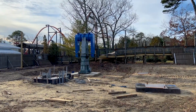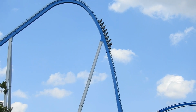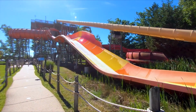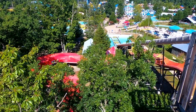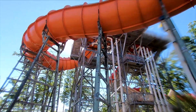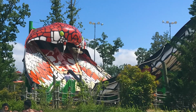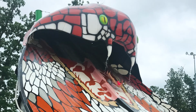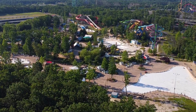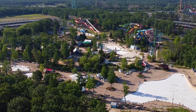The 50th anniversary is looming around the corner just next year, and the hope is that they will go big. So it makes perfect sense for them to focus on Hurricane Harbor, which hasn't seen a new slide since 2013 with Big Wave Racer and has actually lost a slide tower when the 2012 King Cobra was removed in 2018. New attractions at the water park historically have not opened until June at the earliest and have stretched into